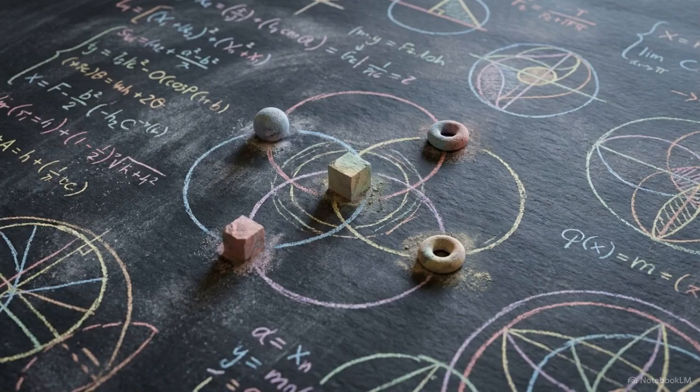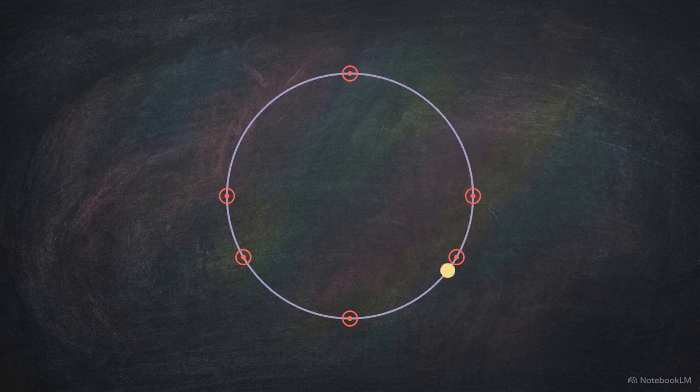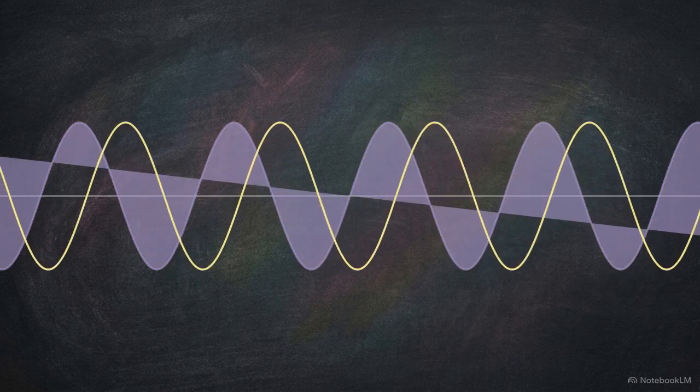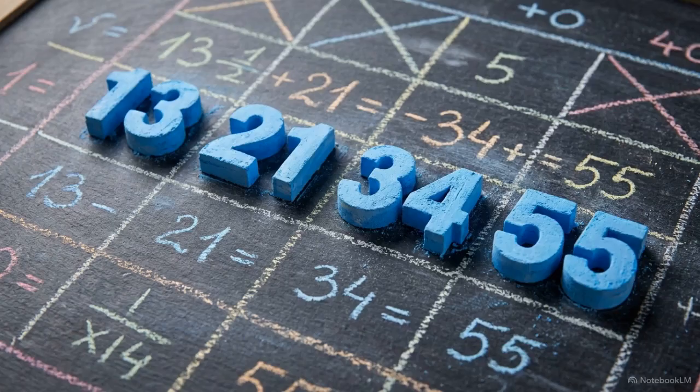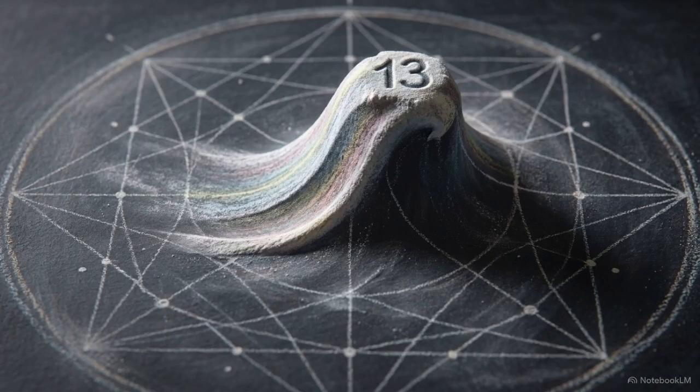Stability on this grid is determined by Hurwitz's theorem. The golden ratio is the hardest number to approximate by a fraction, meaning a phase stepping by this value stays furthest from rational traps. Simple rational steps hit the exact same grid positions repeatedly, creating a destructive interference that washes out the entire wave. Because Fibonacci numbers are the best rational approximations of the golden ratio, nodes at Fibonacci positions avoid these cancellations, serving as the only stable wells for an observable to inhabit. The continuous cosmic wave is thus forced into these specific stable slots, mapping abstract symmetry directly into physical anchor points.